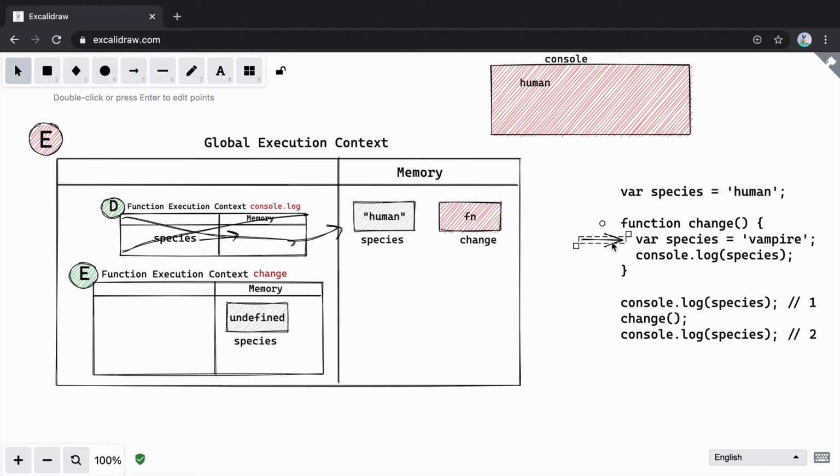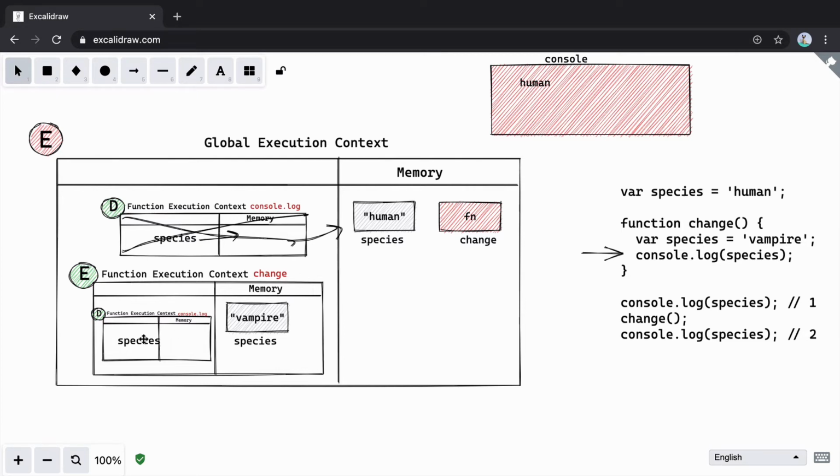In execution phase, we assign the value vampire to the variable species. So we'll add the value. Next line, we are executing a function. So we'll go ahead and execute a function here, and this will happen inside the execution context of change. This is the execution context of console.log. Here we are looking for the value of species.